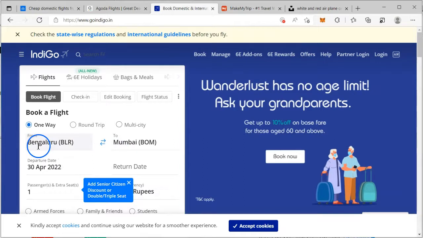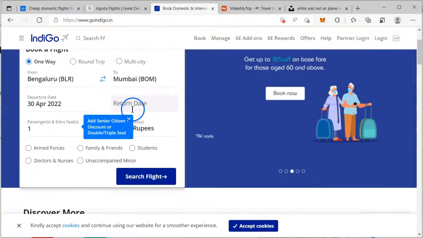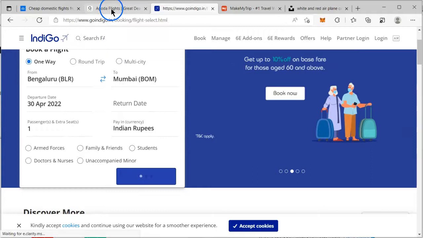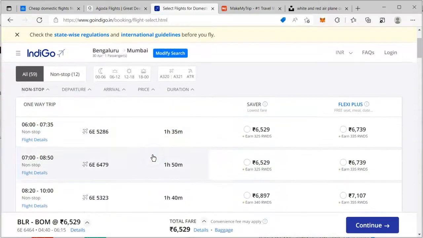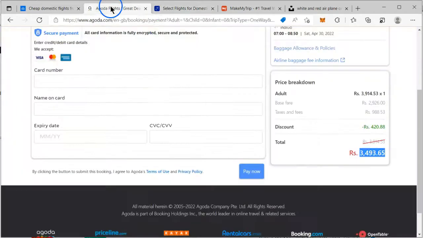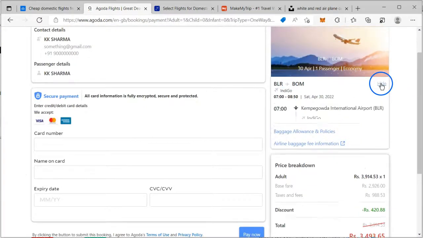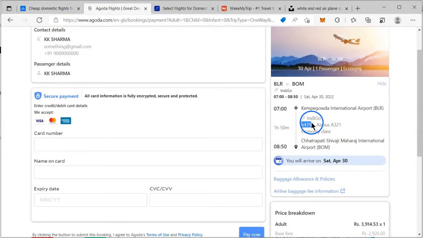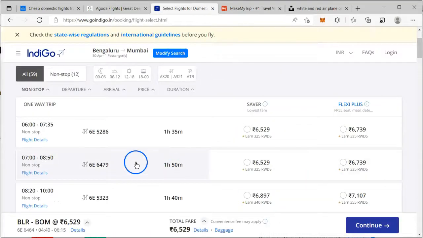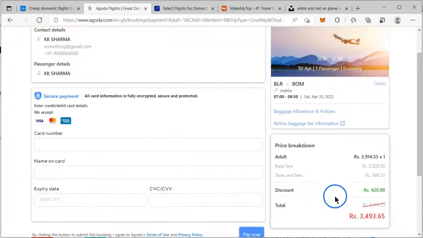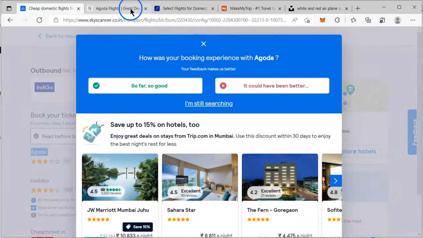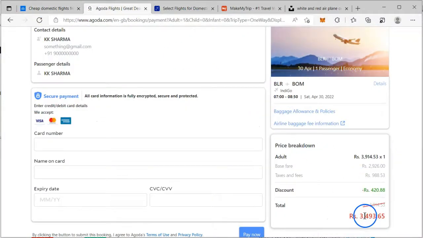Okay, so same Bangalore to Mumbai, 30th of April, right? So I'll just search for flights. Now if you look, we are looking at a flight which is from 7 a.m. to 8:50 and 6E6479. I'll just go here and check what the flight number is. Yeah, it is 6479. And what's the price it is offering? It is offering 6897 as the saver price, right? But how much you are getting if you are booking through Skyscanner and then coming to Agoda is 3493,